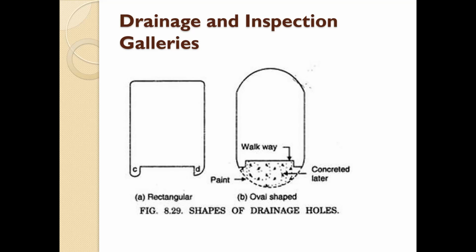The main functions are as follows. They intercept and drain off the water seeping through the dam body. They provide access to the dam interior for observing and controlling the behavior of the dam. They provide enough space for carrying pipes during the artificial cooling of the concrete. They provide access for grouting in contraction joints when this cannot be done from the face of the dam. They provide access to all outlets and spillway gates, valves, etc., by housing their electrical and mechanical controls. All these gates and valves can hence be easily controlled by the man from inside the dam itself.